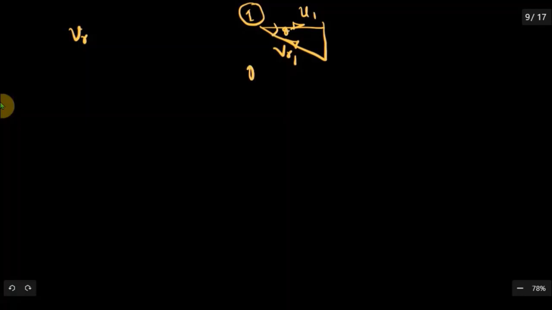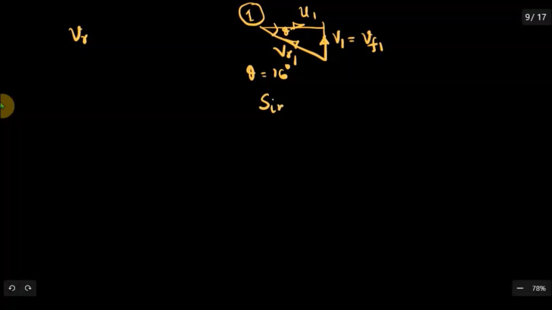Values of the relative velocity, if you calculate from that small right triangle at inlet. See, the inlet velocity triangle is something like this. This is your VR1, this is the tip 1, let me draw that one only, this is U1, and this angle is theta, and theta is equal to 16 degree, and this one is your V1, which is equal to VF1. So therefore you can easily get VR1. So VR1, you take sin theta, let us say, or tan theta, whatever.